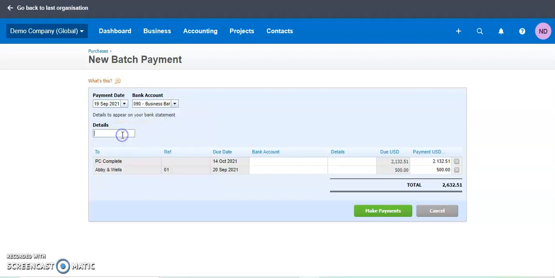Details, we'll write just transfer. So the bank account details are what has to be filled in when you create the account for the supplier. So it will be automatically fetched by Xero, right? And the amount will get transferred to that particular account. Details, this is the amount, and then you have to click on make payments.